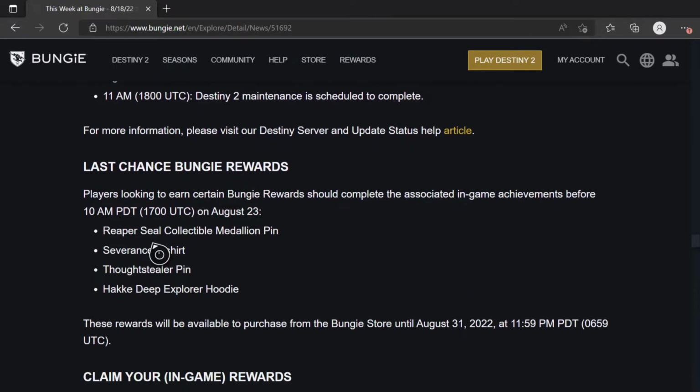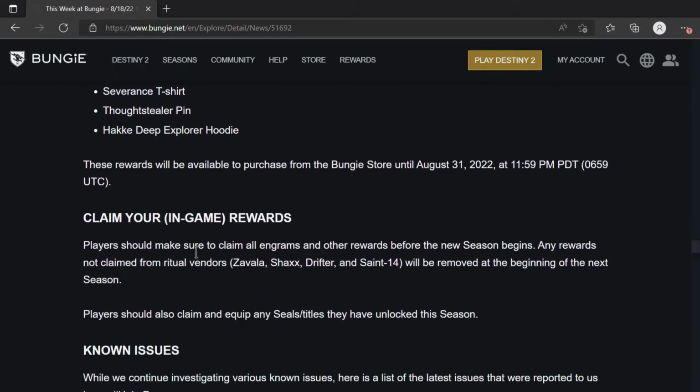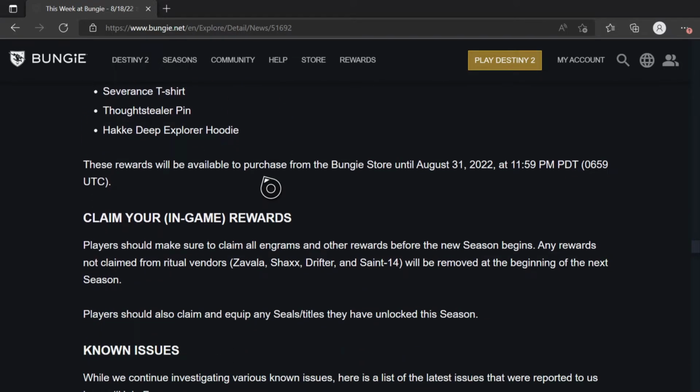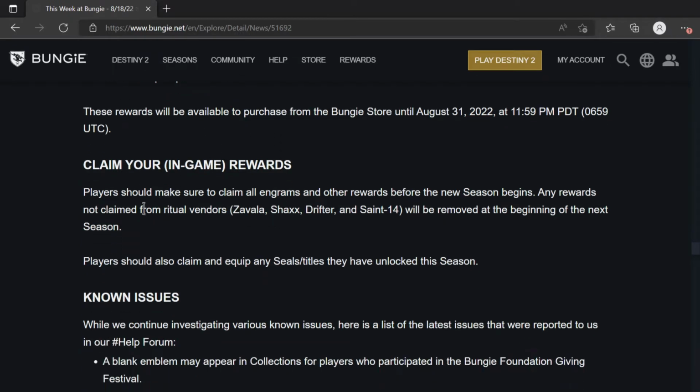Last Chance Bungie rewards include the Reaper Steel Collectible Medallion pin, the Severance t-shirt, the Thought Stealer pin, and the Hockey Deep Explorer hoodie. And then also, they'll be able to be purchased at the end of the month, but at the same time, you have till the 23rd to earn them. And then, of course, claim in-game rewards from Zavala, Shaxx, Drifter, and Saint-14 because they will be deleted starting